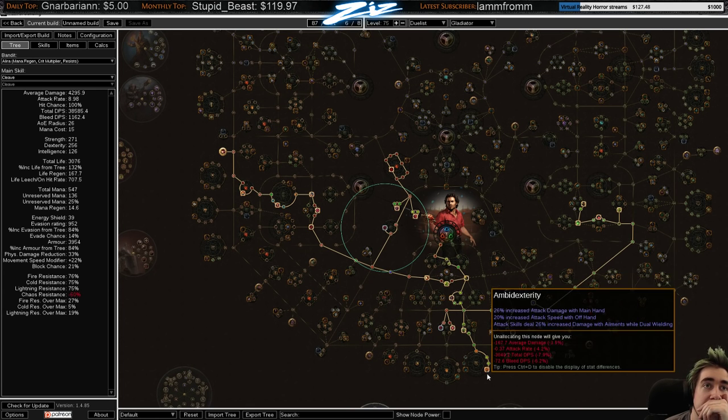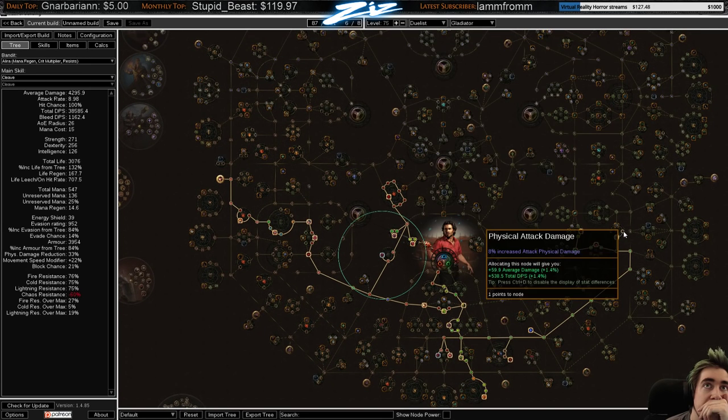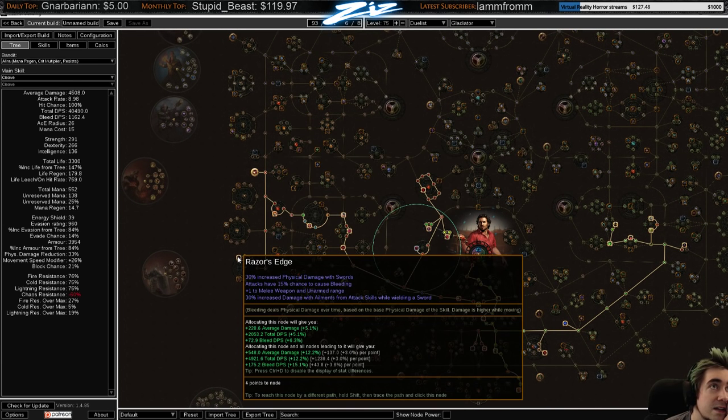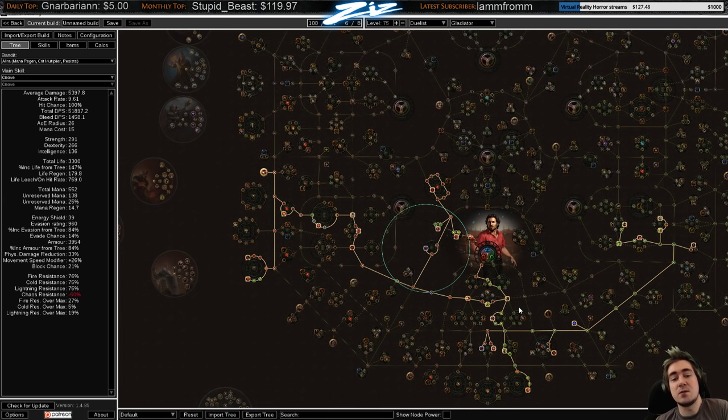But other than those... You don't like knife nodes that much, do you? There's sword nodes down here too, you can take those. And you know what? That's not awful. I mean, honestly, after what we saw with the gear...